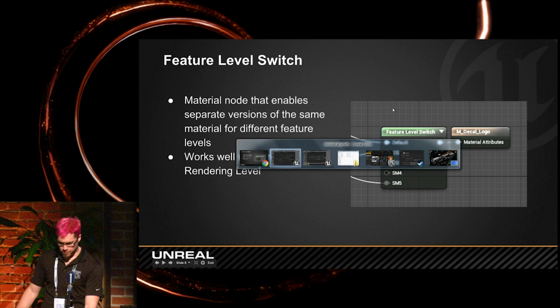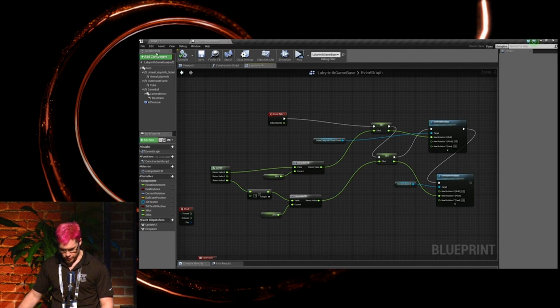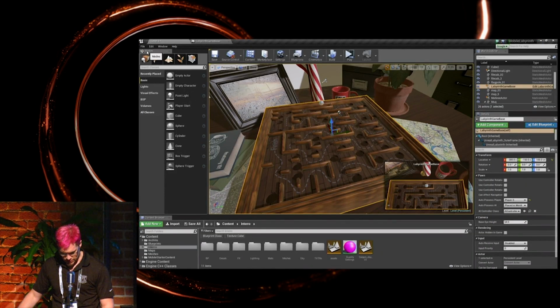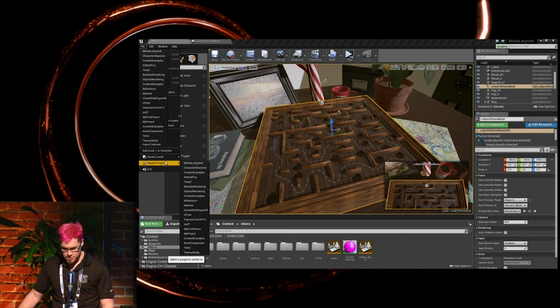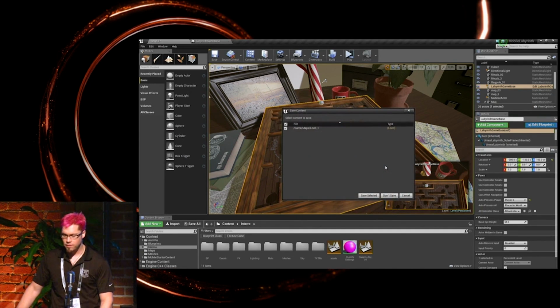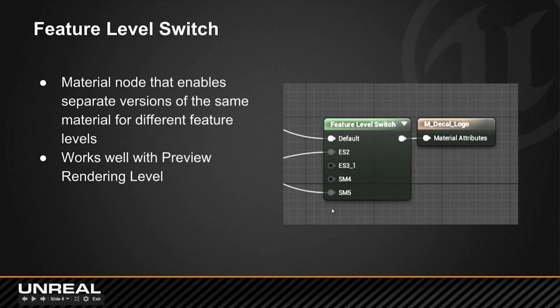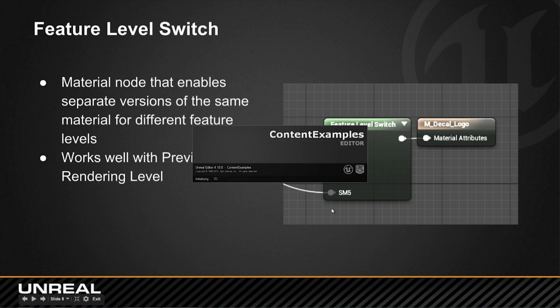So let me jump back over to Unreal real quick, and I'm going to change out projects. I'm going to open up what is probably my very favorite project in all of Unreal Engine 4, and if you haven't grabbed it, you should, and that is our Content Examples project. There's so much to learn in this project. It's available for free in the Learn tab, and it is a library of individual levels in a single project